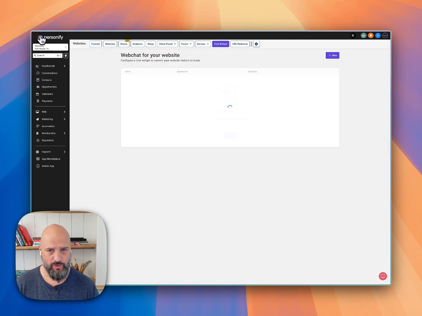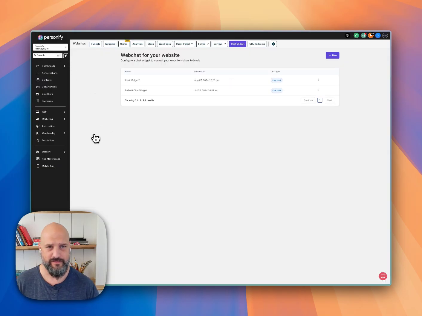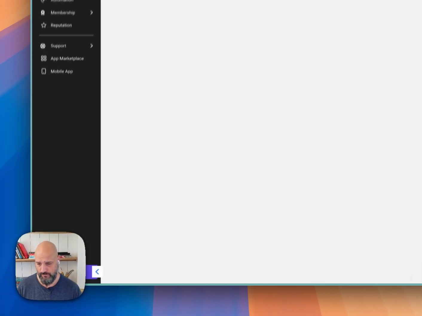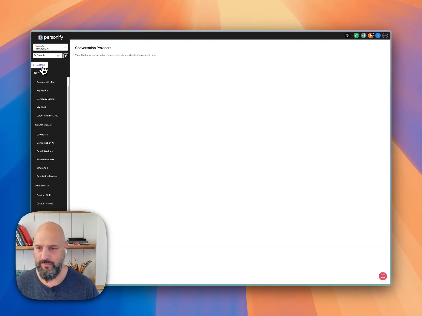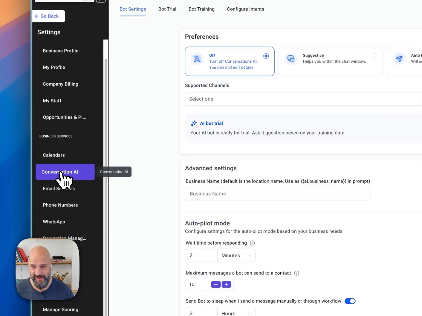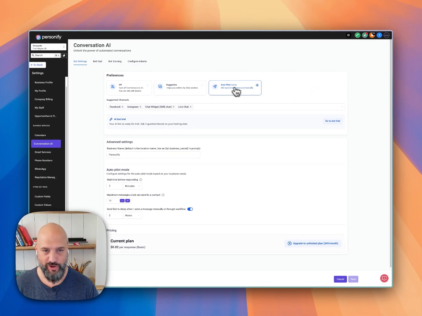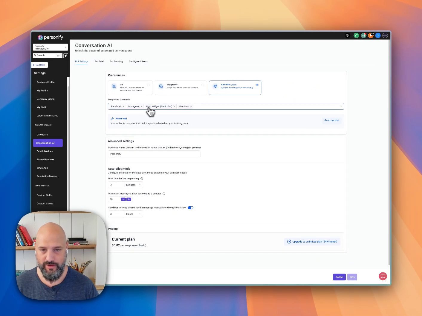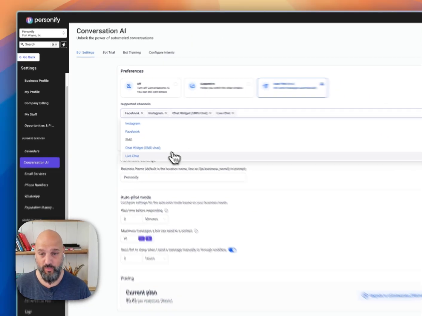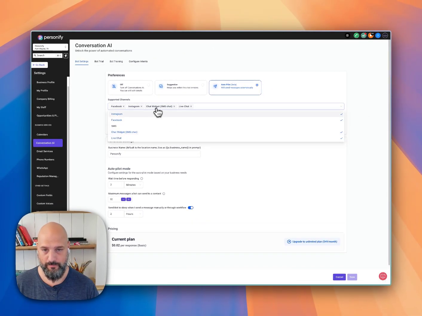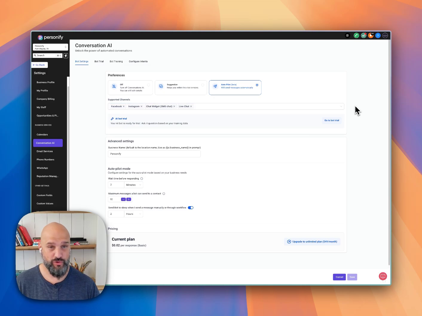Now, before I go, I do want to touch on chat AI or conversational AI. If you want to have that as an option, you can go over to settings and then you can go over to conversation AI right here, and you can turn on autopilot, and then you can decide where you want that conversation AI to function, right? If you choose chat widget right here,